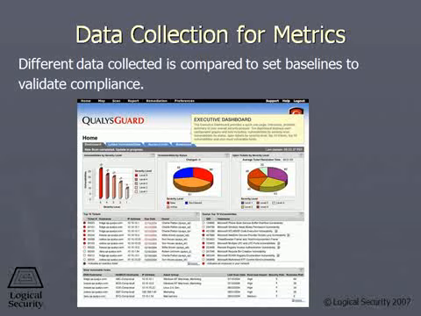So we set our baselines, the metrics, and we keep track of those to say, yep, we're hitting our baseline, or no, we're not hitting our baseline. We need to put another control in place. And then there are guidelines, which are just suggestions on how to deal with different issues. They're not something that has to be followed. They're guidelines or suggestions. Now, there are guidelines in the industry, and some companies develop their own guidelines internally, because you